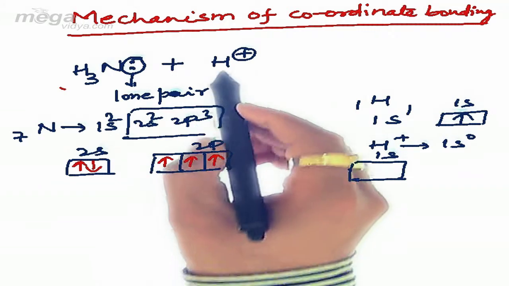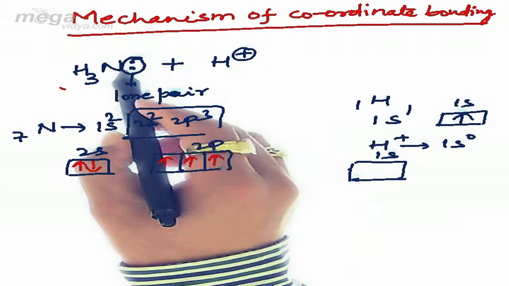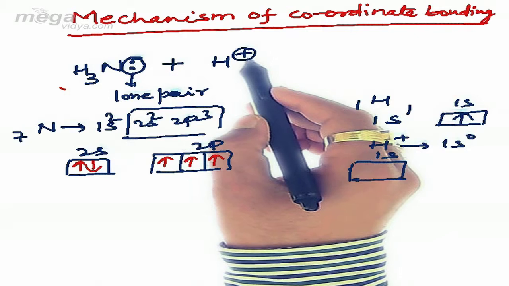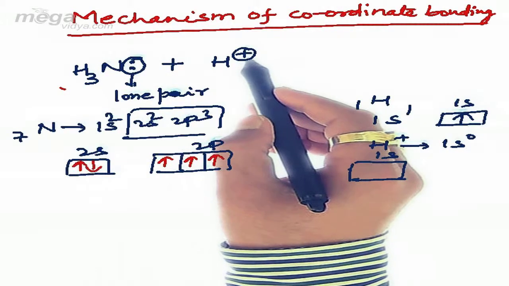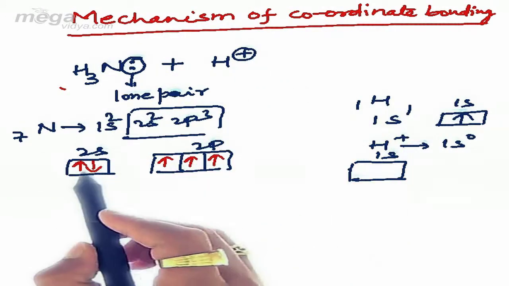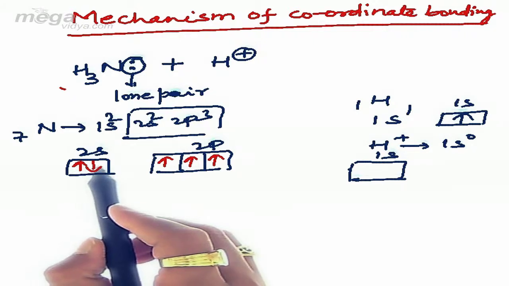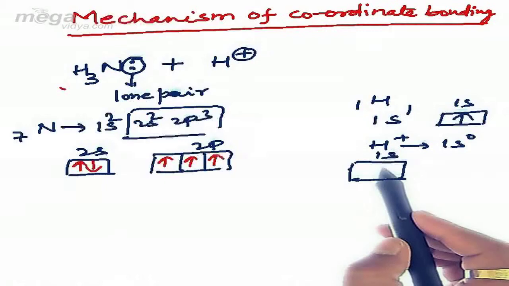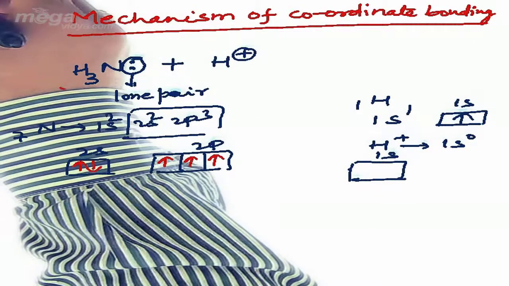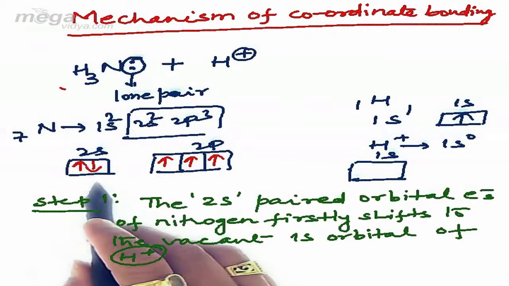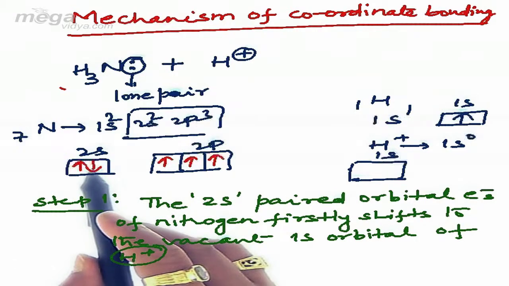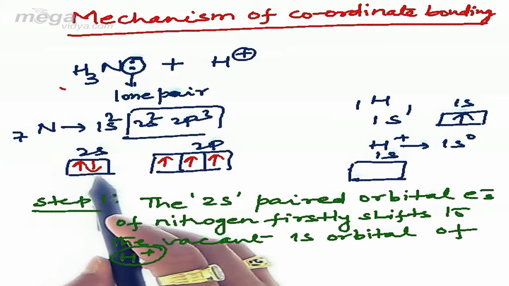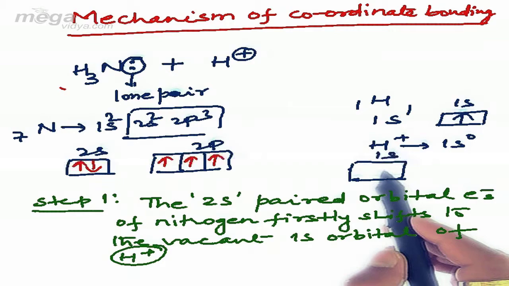Now when H+ approaches NH3 for getting stabilized, what we observe is that firstly the paired electron from the 2s orbital of nitrogen moves to the vacant 1s orbital of H+. Means the very first step. So in the very first step, nitrogen will shift one of its 2s paired electrons to the vacant 1s orbital